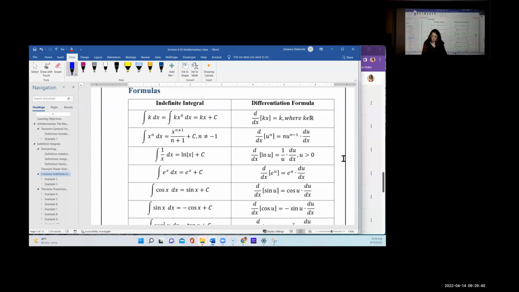So if I take the derivative with respect to x of 2x, I get 2. So over here, if I integrate 2 with respect to x, I can think of this as 2 times x